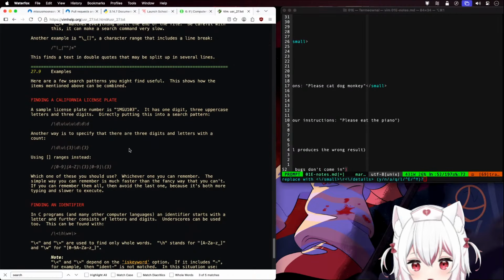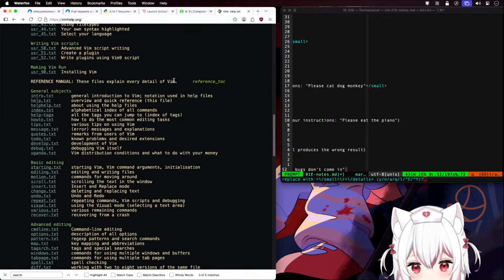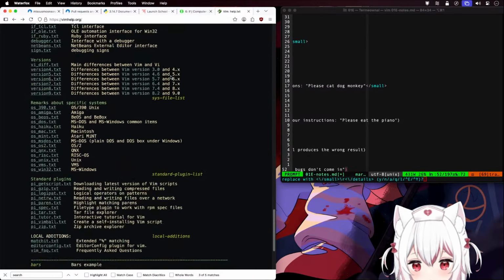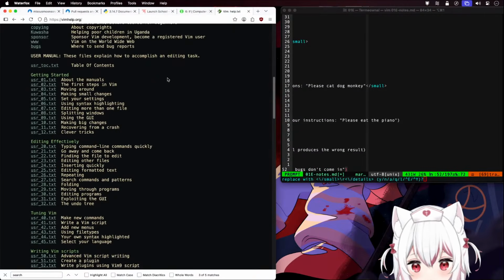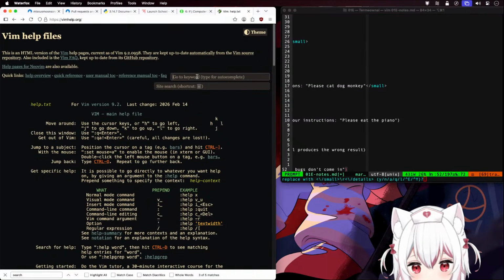I wanna cry because I feel like the Vim manual is just too long. It's way too long. So even if it's super useful, I don't know where to find what I'm actually looking for. What if we try